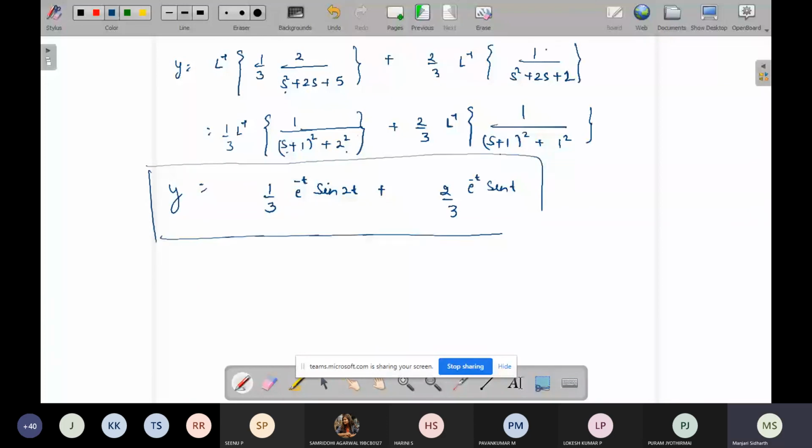The thing is, you should know how to find Laplace transformation and what are the tricks. Suppose you have a quadratic term in denominator, so how to tackle this question? You need to make a perfect square so that you can use the shifting property. Okay, so at the same time you should know the Laplace transform and inverse. So this is your answer. Now in the next class we'll discuss the Heaviside function or Dirac delta function, that is part of your syllabus. So today I took a long class.